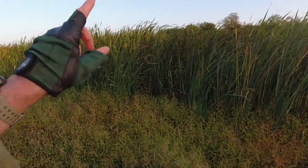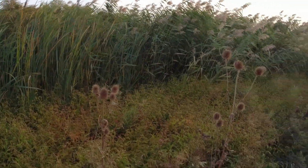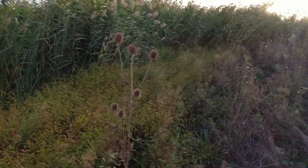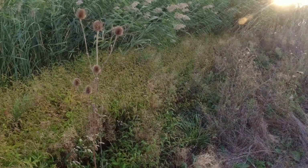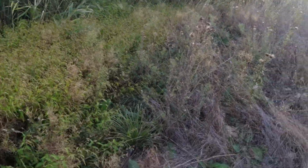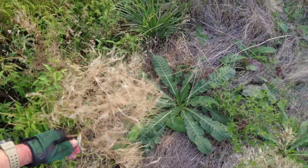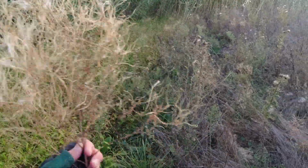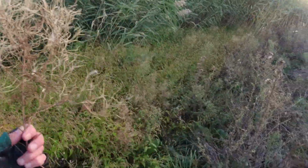Well, right down where the bulrushes meet the reeds. That's just how it works. And where the reeds are, you also got some interesting tinders. I don't know what this stuff is, I can't remember, but we'll take that. That stuff, see, it's all dry. This stuff, well, the white stuff in there. Take a couple of handfuls of that, put that in the swag bag, and we're right on the edge of